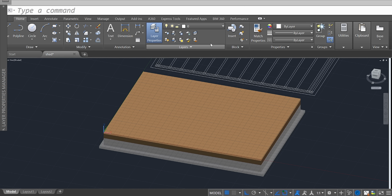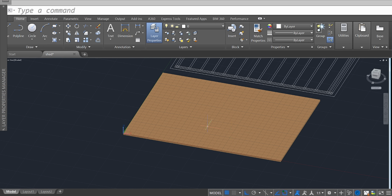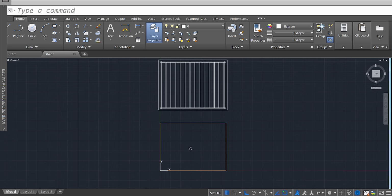Okay, so let's go ahead and add in our sole plate. To start, I'd like you to turn off the floor joist system as well as the foundation. We're just going to be working with the subfloor now since those other two layers are complete. I'd like you to go ahead and switch over to 2D wireframe mode, get over to the top view, and